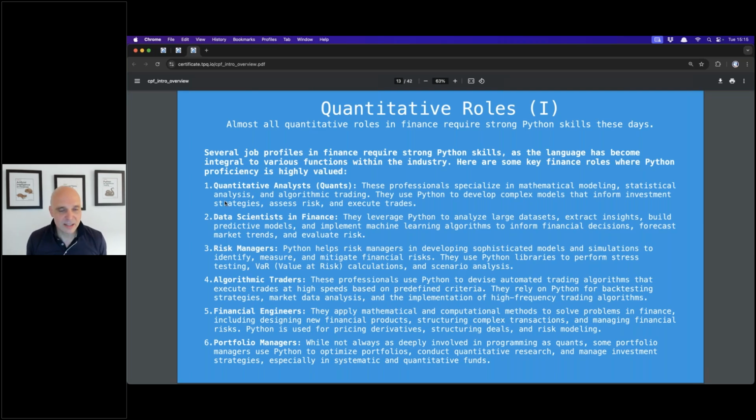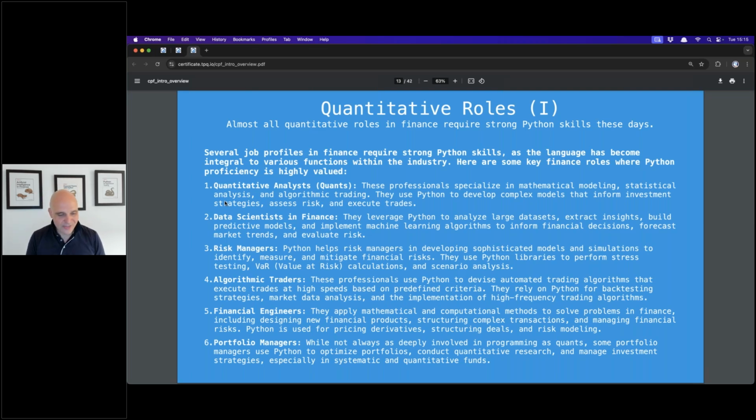So data scientists as well. I said it before, no matter what you do, data plays an important role. So therefore, the need to process data efficiently is always a given. Risk managers, algorithmic traders, portfolio managers, financial engineers, basically every role these days benefits from advanced Python for finance skills,